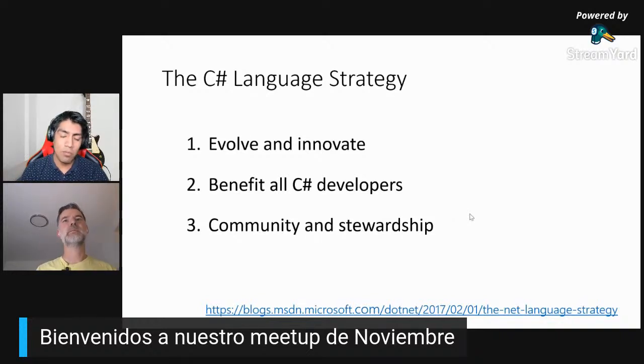Pero, asimismo, tenemos que el liderazgo dentro del diseño del lenguaje C# debe ser fuerte porque necesitamos mantener esa idea de coherencia. So we have a language design team that makes all the final decisions on what C# should look like, and that are the same 10 people building the whole language. Así que tenemos un equipo de diseño de lenguaje que se encarga de tomar la decisión final de lo que va a formar parte de o no de C#, y son las mismas 10 personas que